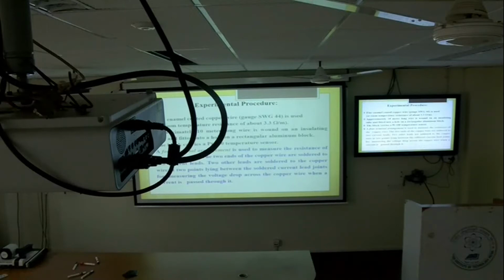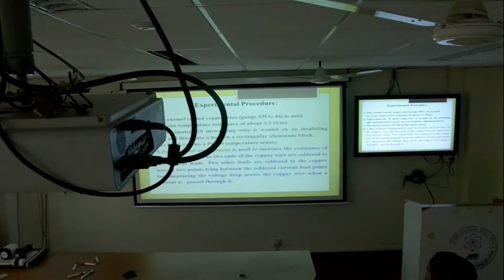When we form a coil like this, it must be insulated. It must be coated with some insulating material, and here the material is enamel. If it is not like that, it will get short circuited. Suppose the wire touches at two conductive points, it will short. Current always follows the shortest path, and it will not go to the other part of the wire. By this, the value of the field falls, and it will not be able to produce the required field. So in this case we have a 10 meter long wire which is wound on an insulating